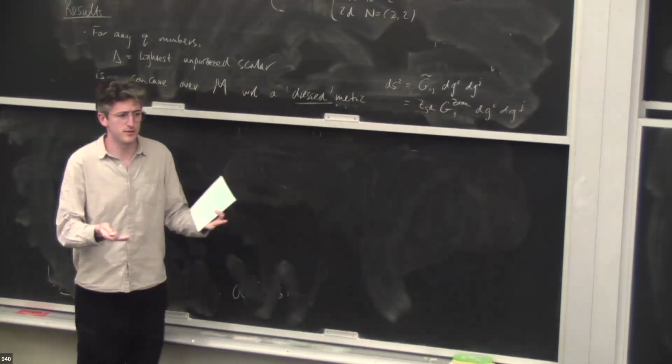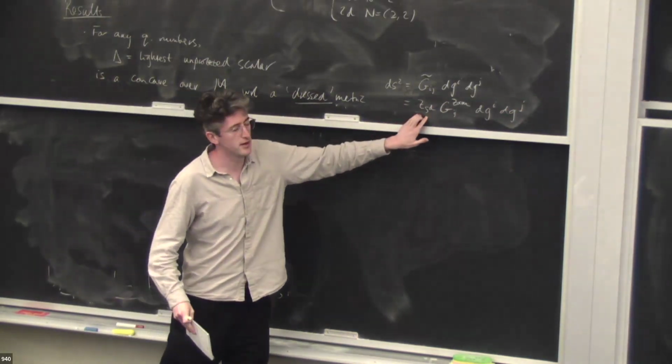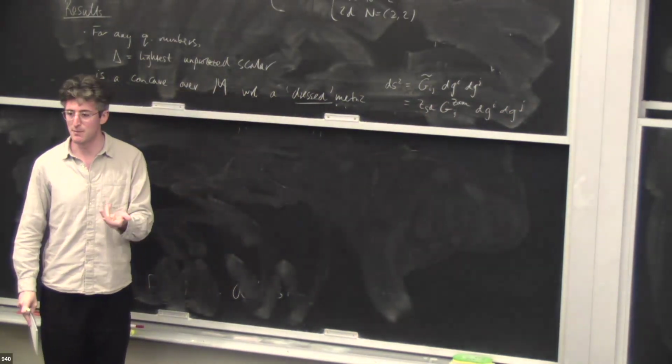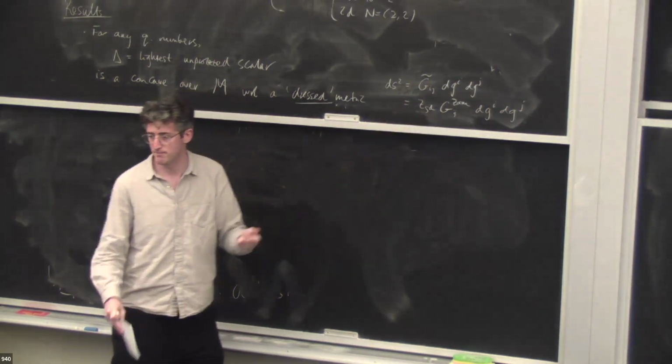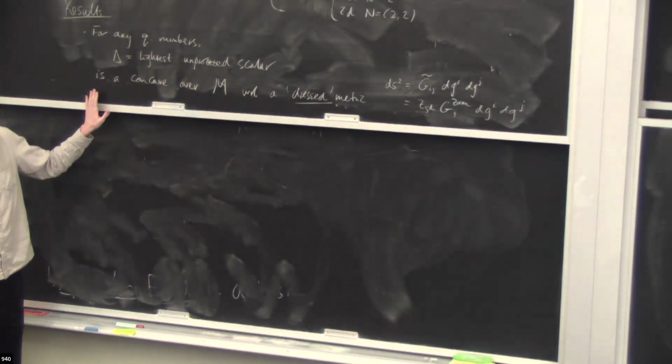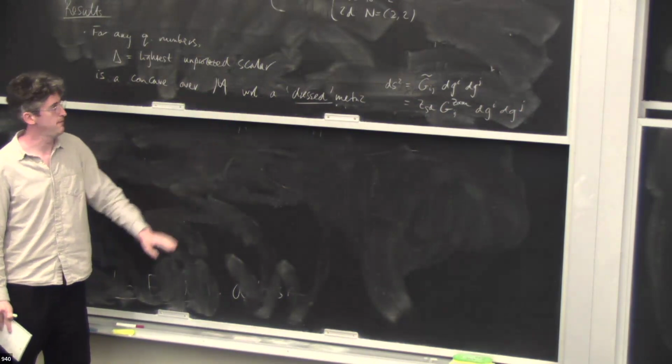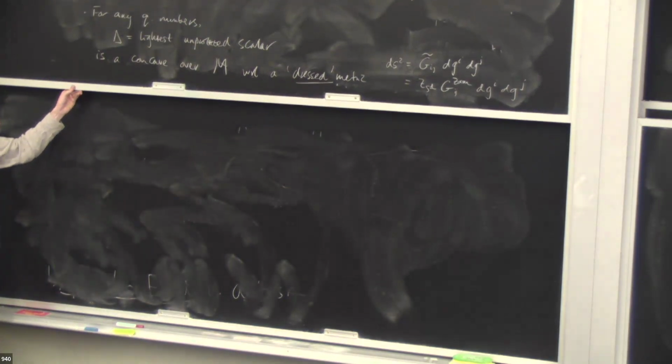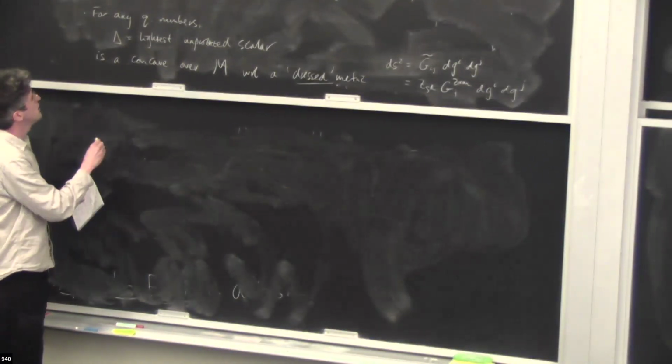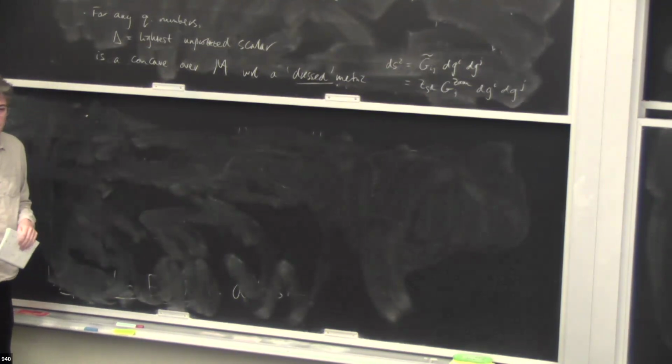So you see why I needed to assume that this, I'm talking about the finite part here, is unambiguously defined, otherwise this would be a kind of ambiguous statement. And I'll say what this concavity with respect to a metric means in a minute. Well, that's the statement. And unprotected just means not annihilated by any supersymmetry.